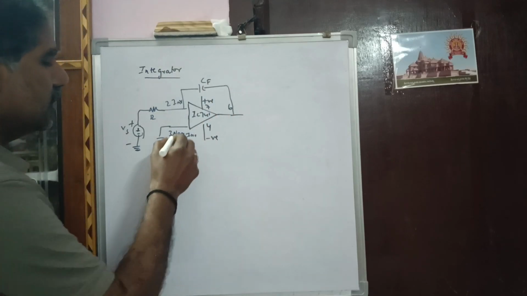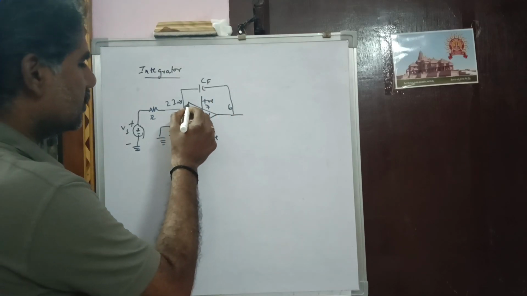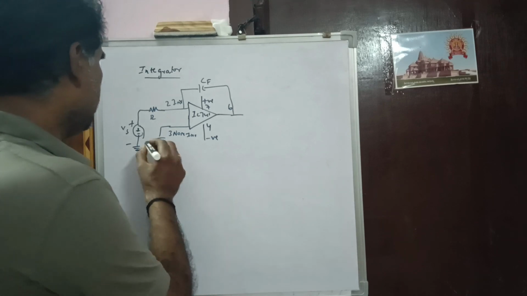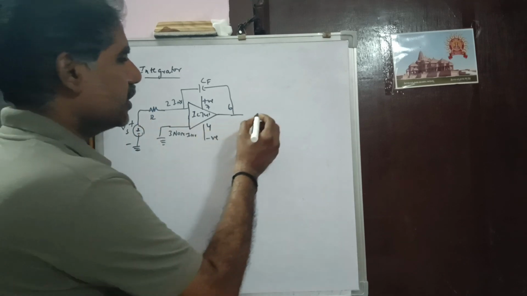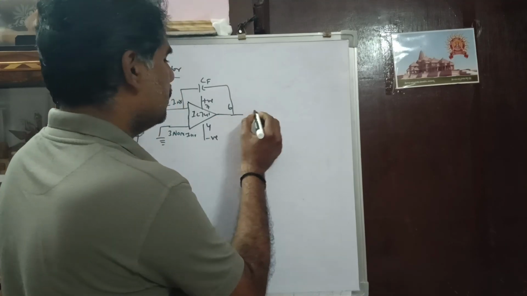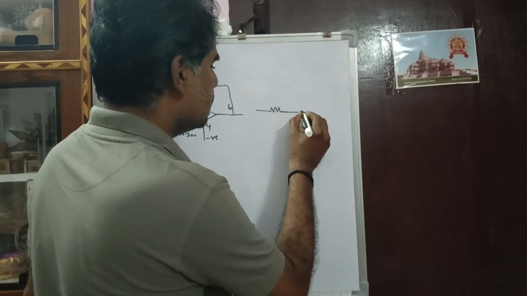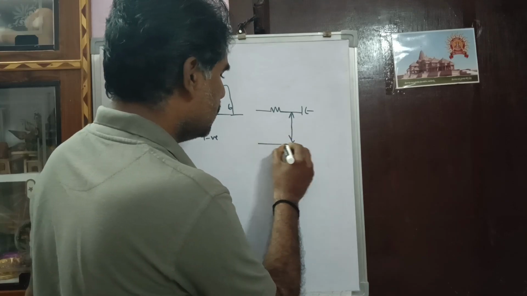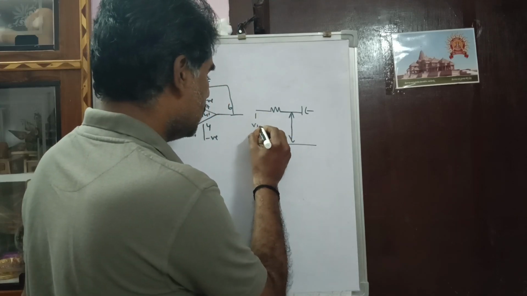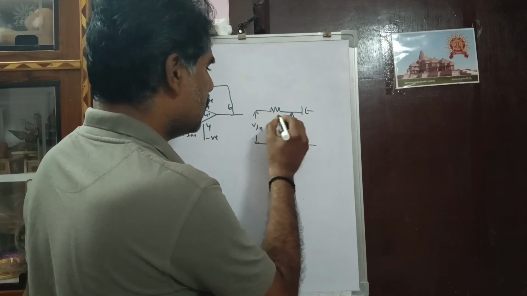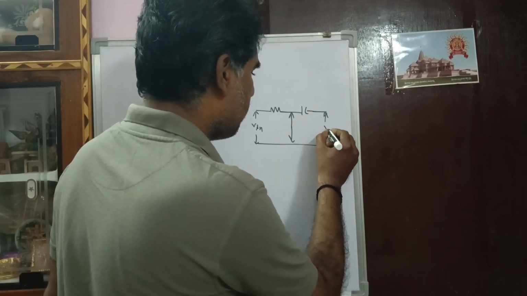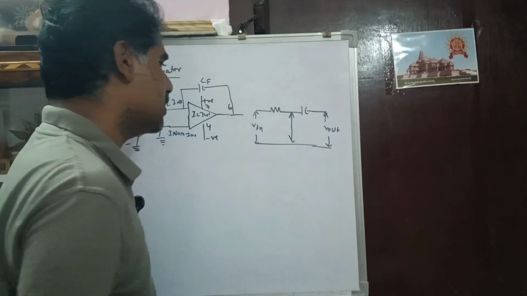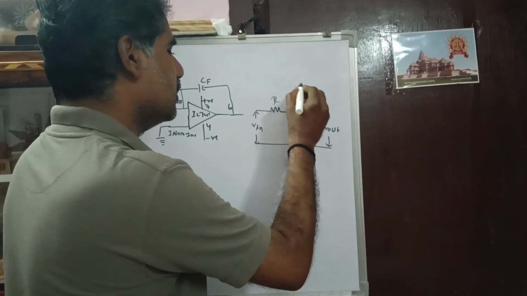difference. Earlier, in inverting and non-inverting amplifiers, we used to connect a resistor, but now I am taking a capacitor as feedback. In between, I am separating the resistor and the capacitor by a virtual ground. This is the circuit, the virtual ground representation for